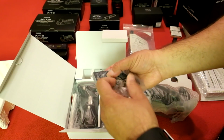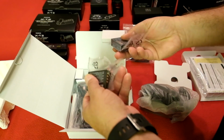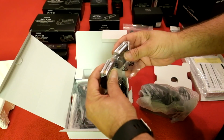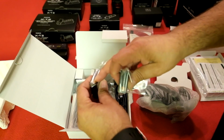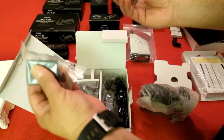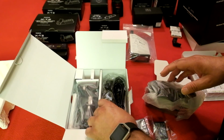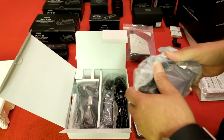Yeah, you've got 2 extra batteries, which is kind of cool. I've got kind of a lot of these. I've collected them over the past couple years with the X-T2 because I needed the ones with the circles because they have more capacity or whatever. So I got a bunch of those. Yeah, so anyway,